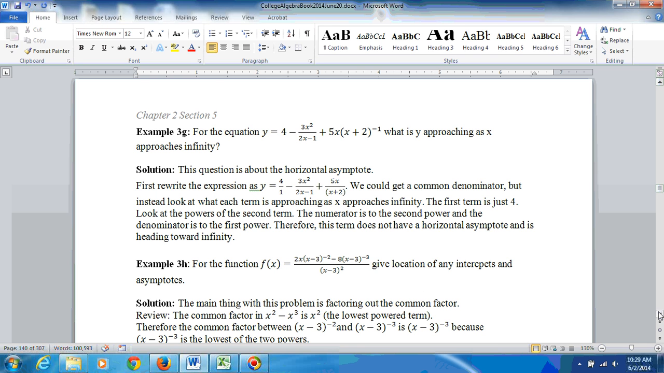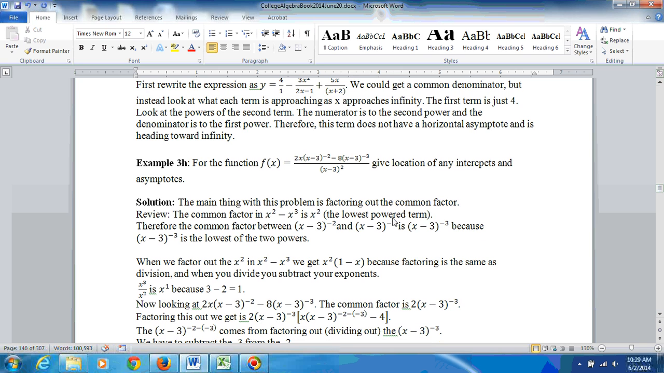And looking at the next one here, for this function, given the location of any intercepts or asymptotes, well, this looks really messy, and the key thing here is that you have to factor out the like term. Like, for example, there's a common binomial on the top of x minus 3. Now, how high of a factor of x minus 3 can you factor out? Well,